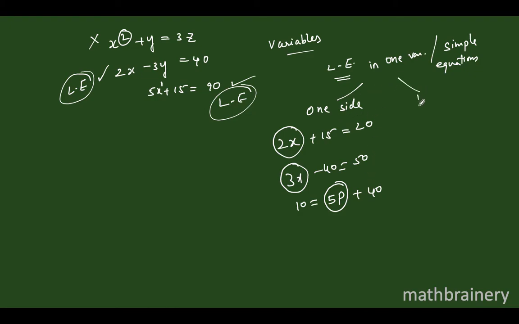The other case is when we come across linear equations in one variable where the variable term is situated on both sides of the equation. Say 2x plus 10 is equal to 5x minus 40. Here this is also a linear equation in one variable, that is x, but the variable terms are on both sides, 2x and 5x. Here 2x is on the left hand side, 5x is on the right hand side. So we come across both these kind of equations where the variable terms is either on one side or on both sides.